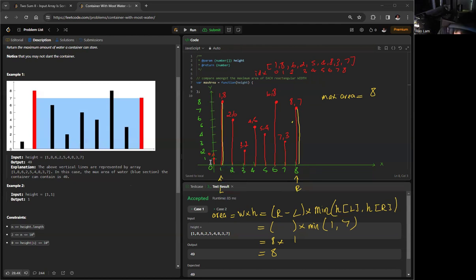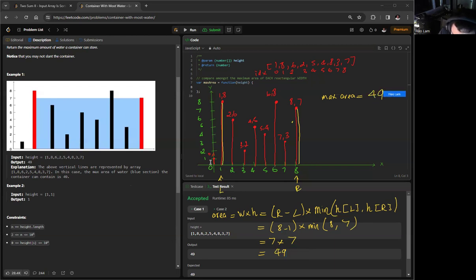So now we're gonna have 8 minus 1, and the height at the left is 8, the height at 8 is 7, and the minimum of that is 7. The width is 7, right? So 7 multiplied by 7 is 49. It is a new max, so we update the max area,